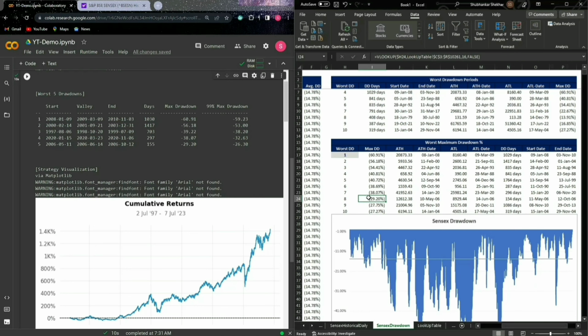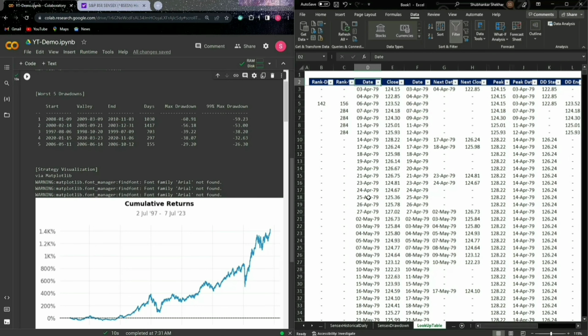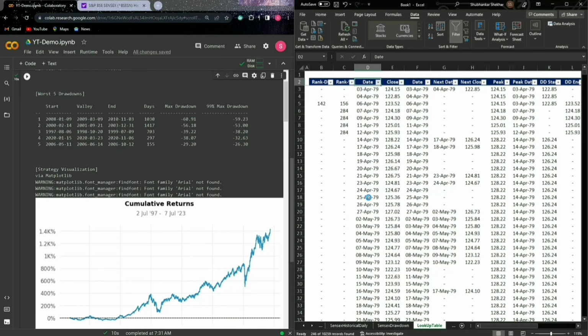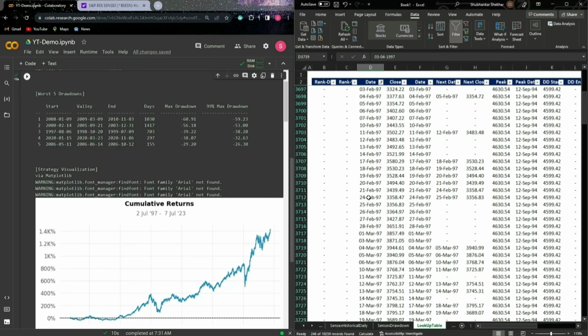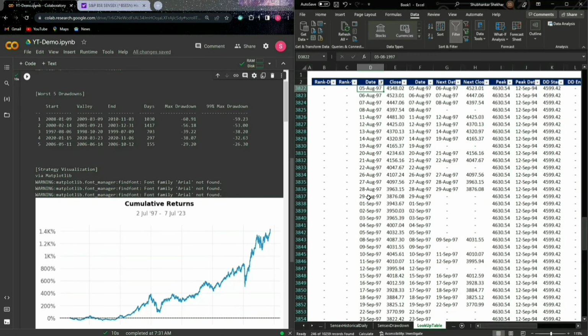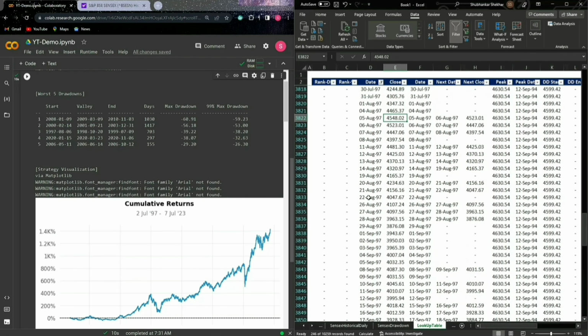For the same, we are going to go to our lookup sheet, use the filter, and find 1997. We are going to be looking for August 8. Here you can see there was an all-time high created, but here you can see the problem why we won't be able to find it on the Excel sheet: the data we have taken is from 1994 and the highest peak was created back then only. That's the reason no drawdown is calculated here.